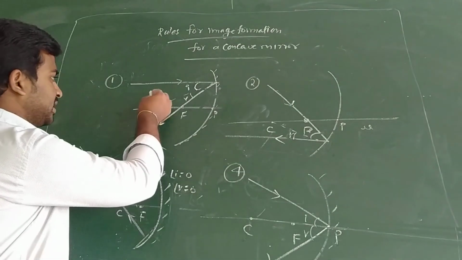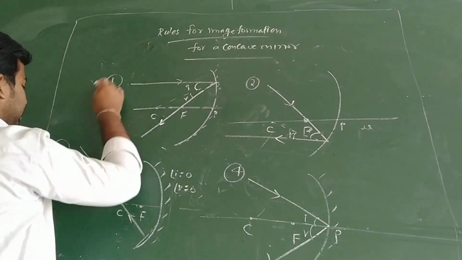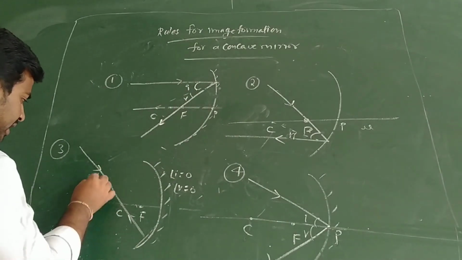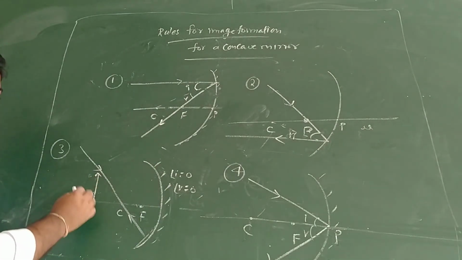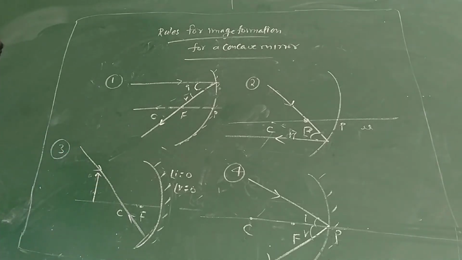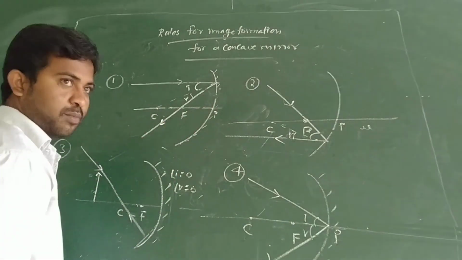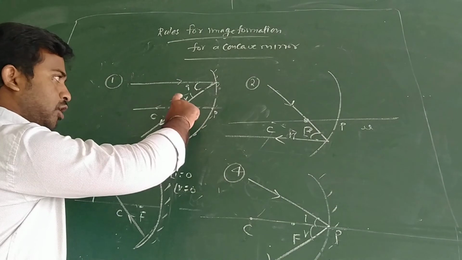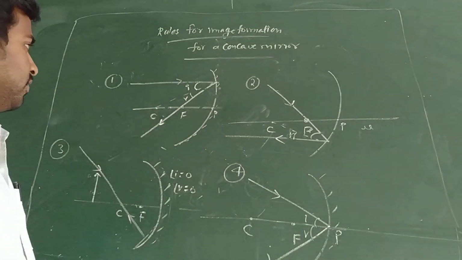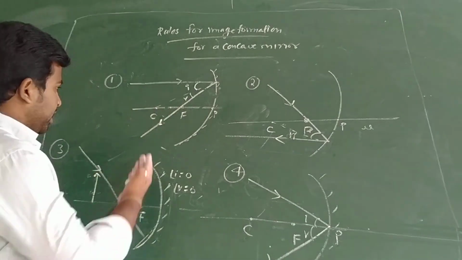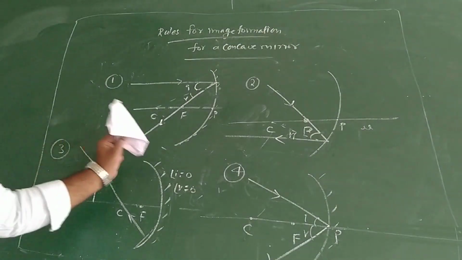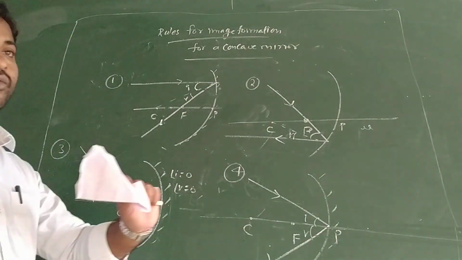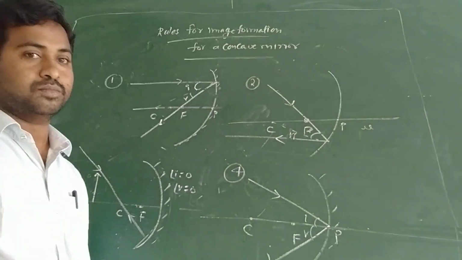For example, if you take a concave mirror here and I keep any object in front of the mirror, compulsorily an image will be formed. If you take a plane mirror also. But if I keep the object at the center of curvature, where will the image be formed? What is the nature of the image? If I keep the object at focus, what is the image formation? If I keep it in between F and C, beyond C, or at infinity distance, what are the natures of the images? These will be very helpful. So using these rules only, we can create images at different positions of the object. Thank you, students.